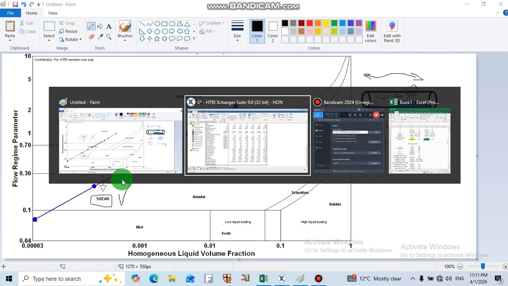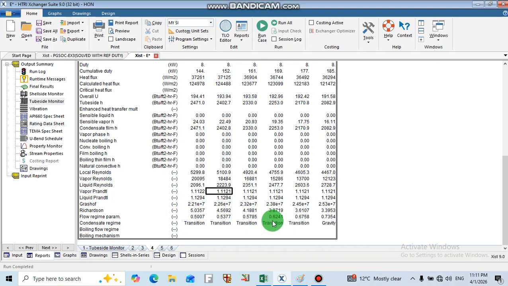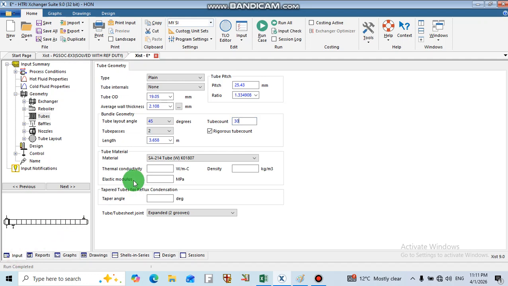So let's jump into the software and talk about how we can decrease the probability of this gravity flow regime at the tube side of the shell and tube heat exchanger. As I have talked about, we can decrease, for example, the number of tubes. I'm going to turn this 30 into 10 as the number of tubes on the tube side of the heat exchanger, and you can also decrease the length of the tube. Just click on this drop-down menu and switch it from 3.6